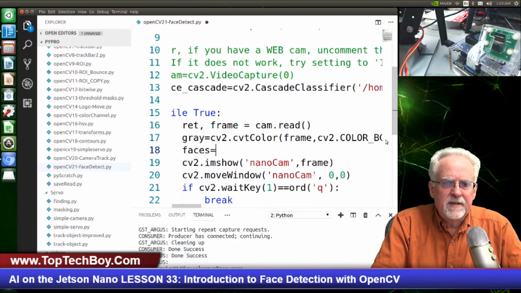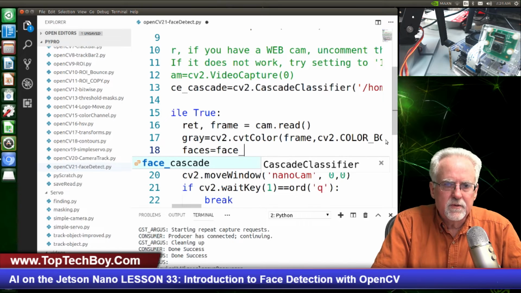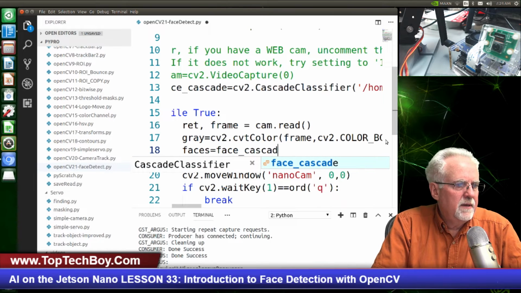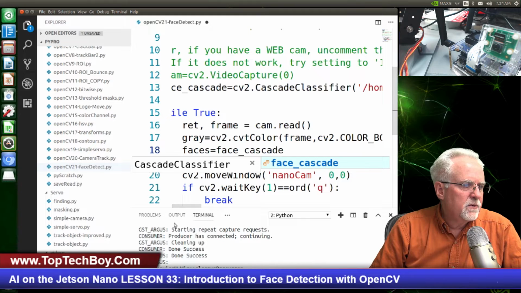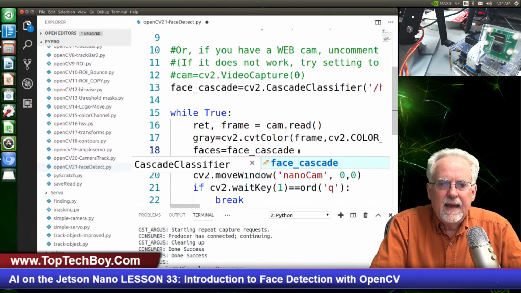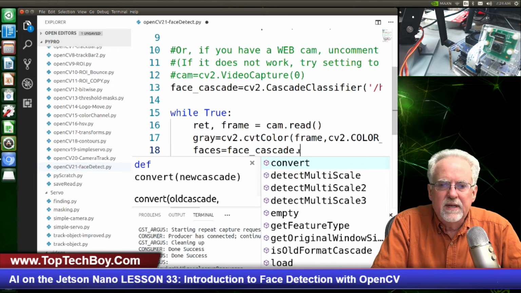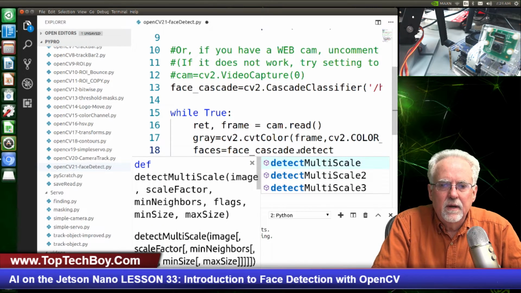So we're going to say faces is equal to face underscore cascade. And I've got to make sure that's what I called it, face cascade. Yeah, face underscore cascade. You see this has to match this. Okay, so I called it face cascade, and that's kind of that training data that we loaded in. And so we're going to say face cascade dot, and then what I need to do is detect